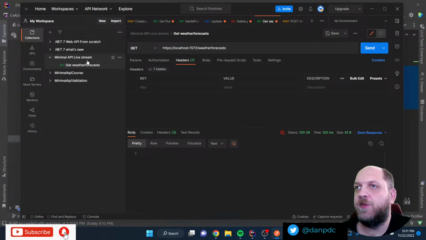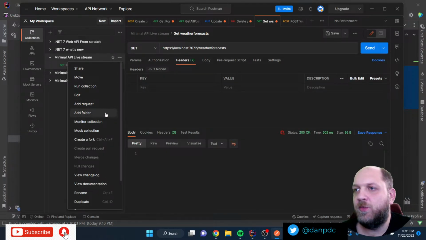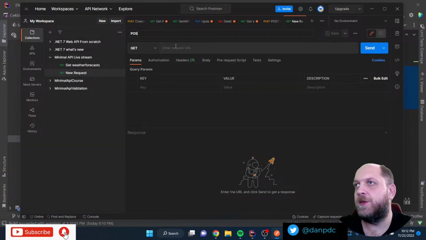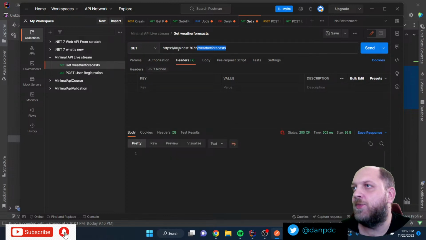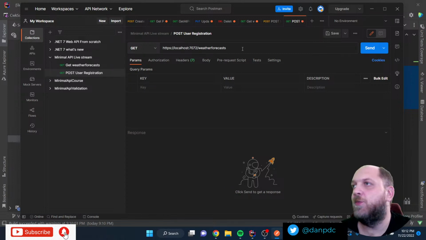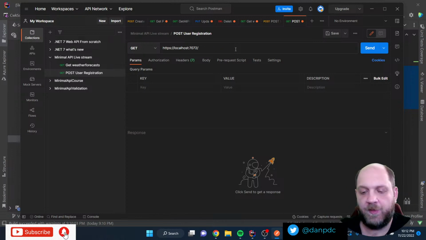And yeah, let me just go to Postman. Let's add a new request here. Why don't I have a new request here? Add request. Post user registration. Then it would be like from the weather forecasts. We can take this, and the weather forecast endpoint we can just remove afterwards. And instead of weather forecasts, we will have /api/v1/identity/ I guess register. It's like that.